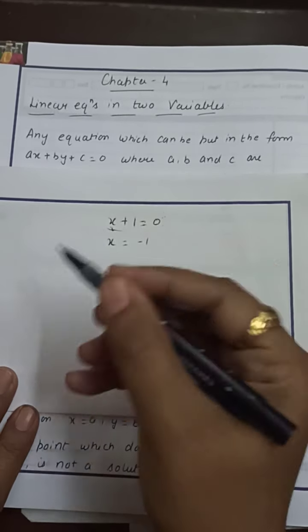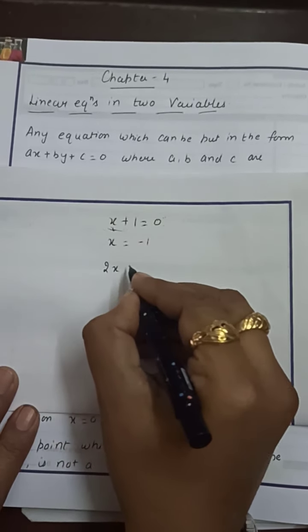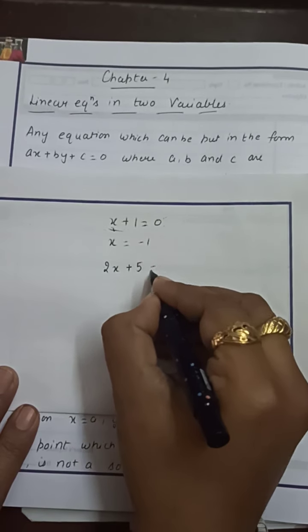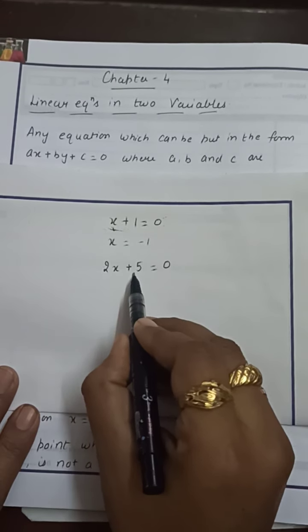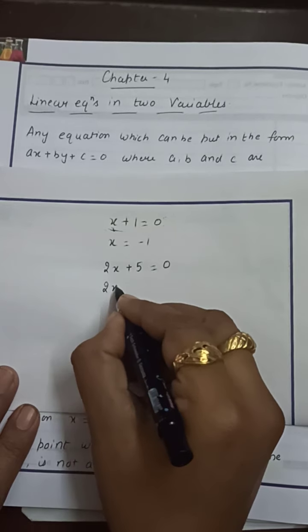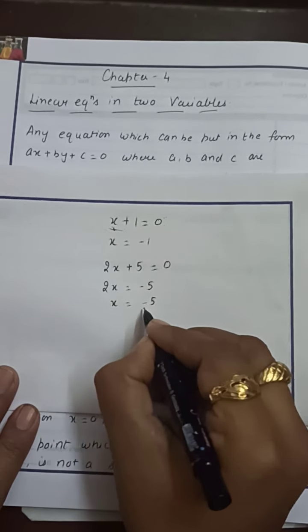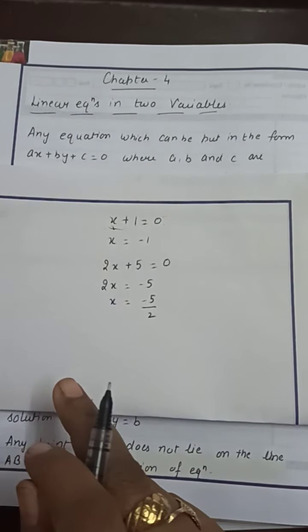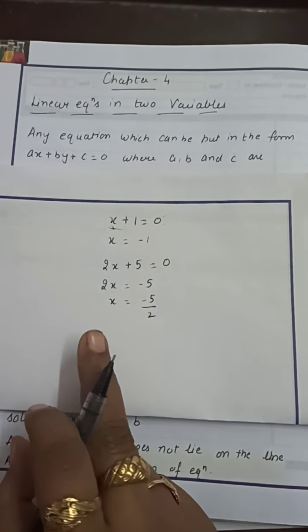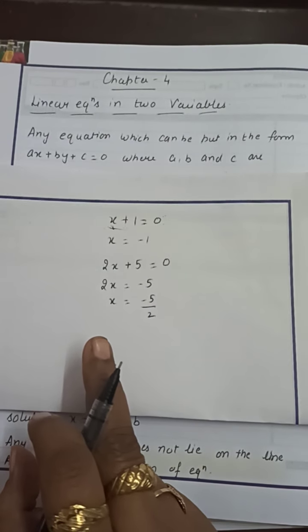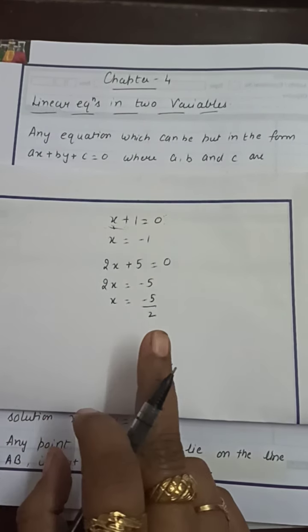So I am going to discuss some more. 2x plus 5 equals 0. In that case we will take 5 on the other side, it will become minus 5, and take 2 into the denominator. We have done that type of operation in the 8th class. This was a linear equation in one variable. You may also remember how to represent the solution on the number line. That type of question we have done in 8th class.